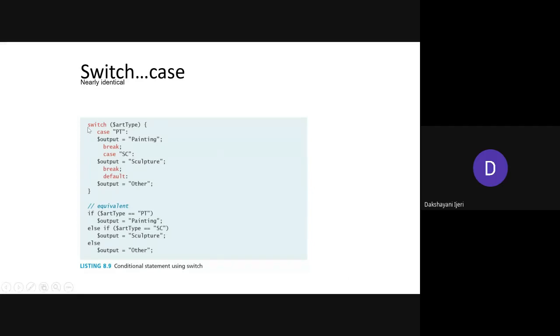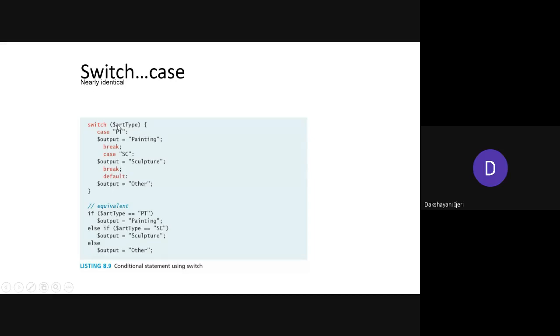Here the keyword is switch, followed by the parameter that you want to pass here, right? One thing that you need to remember here is that the value you are going to pass for this parameter needs to be exactly the same type as the case parameter you have taken. For example, in this case, these are strings. The value that you are going to pass to this switch needs to be a string itself here. Okay. How it is going to execute, I need not explain in detail, right? You already know that.